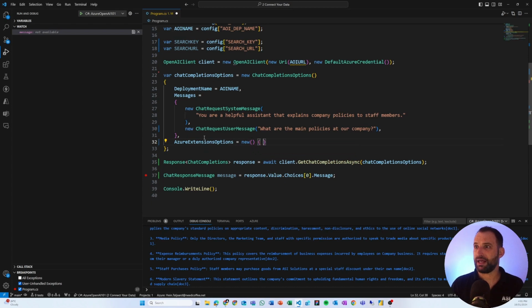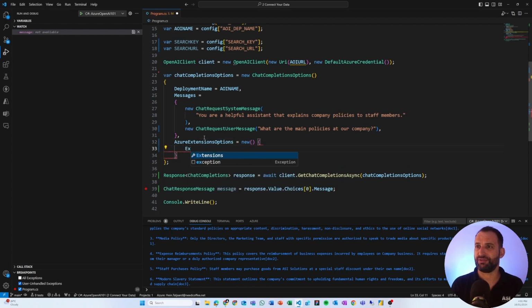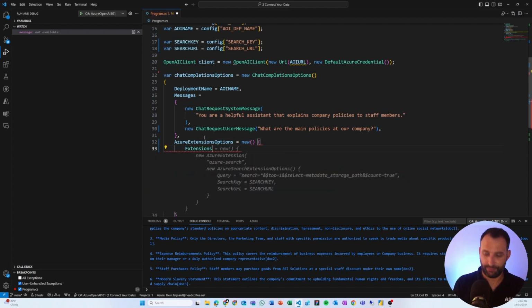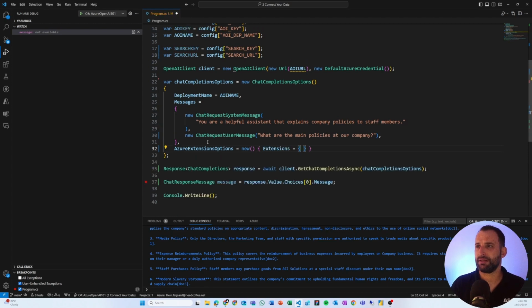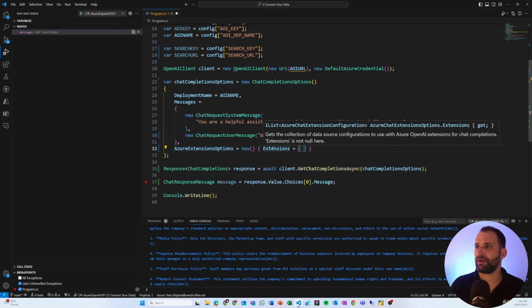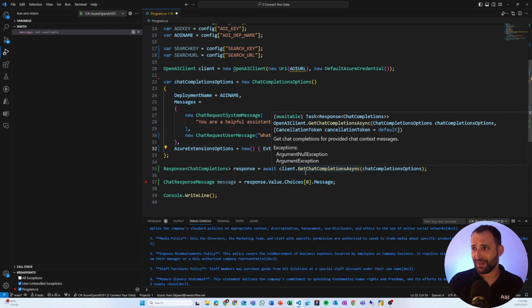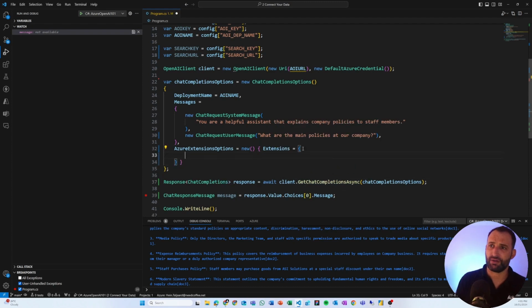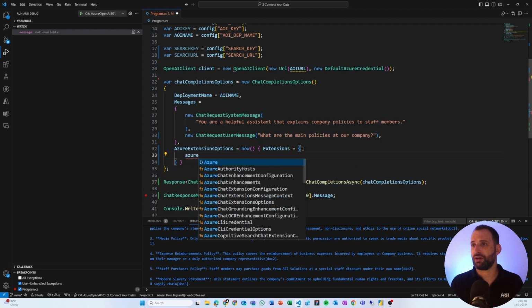Then what we want to pass in first is an extensions object. Now this is an IList. If we just hover over that quickly, it's an IList of Azure chat extension configurations. Microsoft did us a massive favor with these names. But what we want to do is pass in a few of these Azure extension options. The one we're going to look at today is Azure Cognitive Search